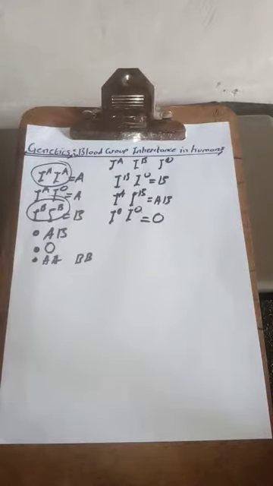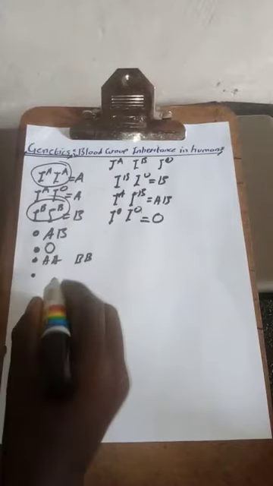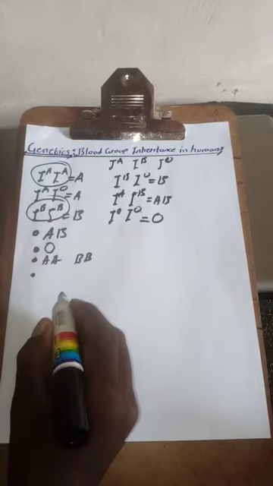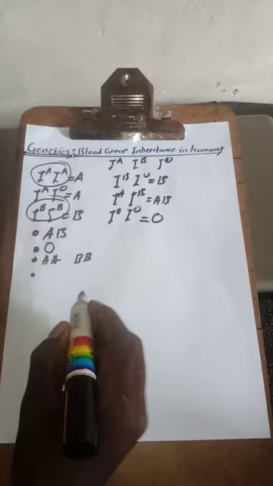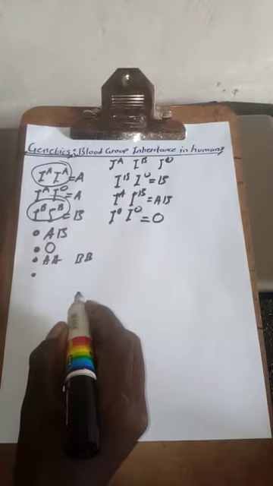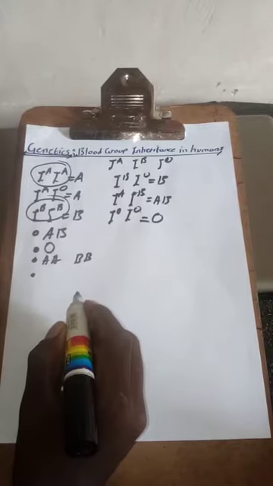All right. Then the fourth point is that group A and group B parents can have a child whose blood group is O, as long as they are heterozygous. So the fourth point is that, for example, the father is blood group A and the mother is blood group B, there is a chance of them having a child whose blood group is O, if and only if they are both